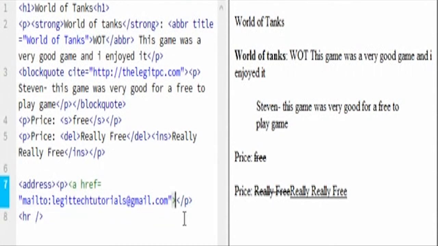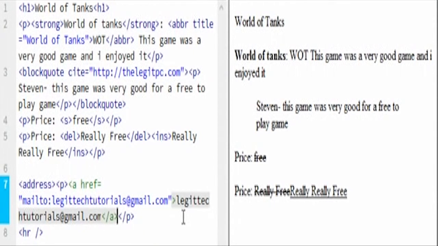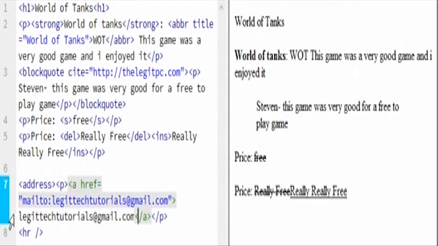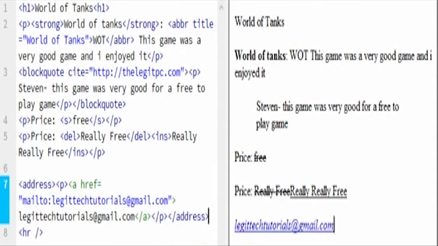Okay, so then we're going to do the A. So we're going to say LegitTechTutorials at gmail.com, and then we're going to close the A. So it's going to go in through here, and this is going to say the mailto, and then it's going to say what's in between here. Then we're going to close the P. And then we're going to close the address. And there we go. There's the address right there, mailto. So there is the end of the World of Tanks